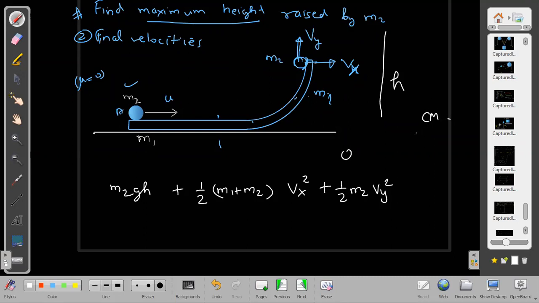Then I can use which formula also? I can use the formula of half into mu into V relative square also. Okay. Does half mu V relative square give us the net energy in that frame? No, it gives us only one of the components. Only the X component, sir. Or the Y component, only that.